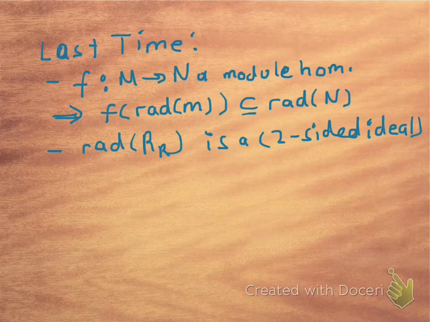Well, hello again. In this video, we're going to pick up the discussion of the Jacobson radical of a module and a ring from where we left it last time. And last time we proved the following two facts. The first one says that the Jacobson radical of a module is invariant under module homomorphisms, from which it follows that the radical of the ring R, as a right module over itself, is a two-sided ideal. Now there's another fact that follows from the first assertion, which we will use later on,